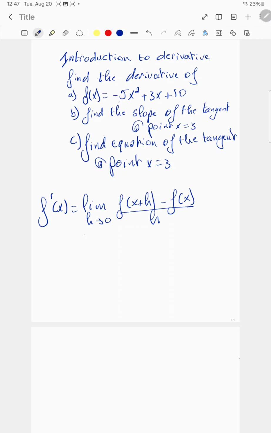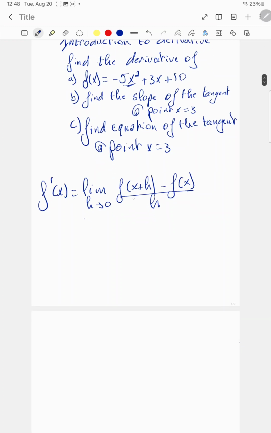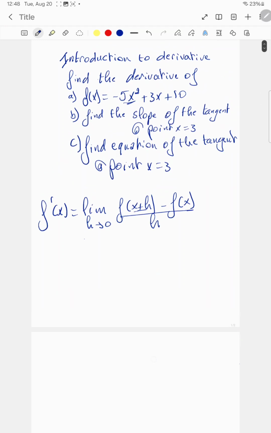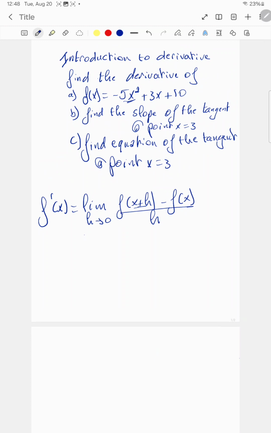Here I have f of x equal to minus 5x squared plus 3x plus 10. But this is f of x. Here I have f of x plus h. So all I have to do is replace x by x plus h. So I have minus 5x squared plus 3x, and I will replace those x's by x plus h. So f of x plus h,